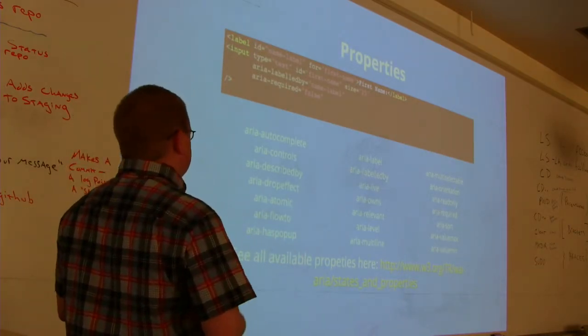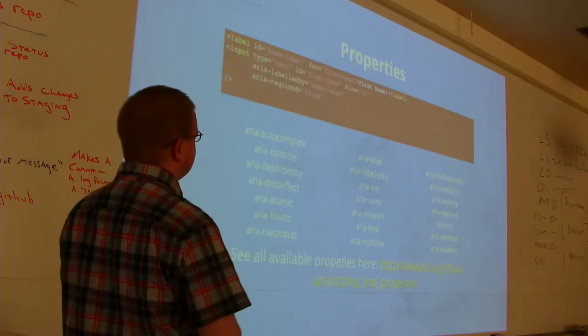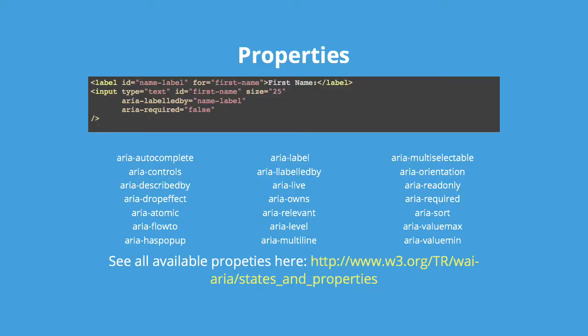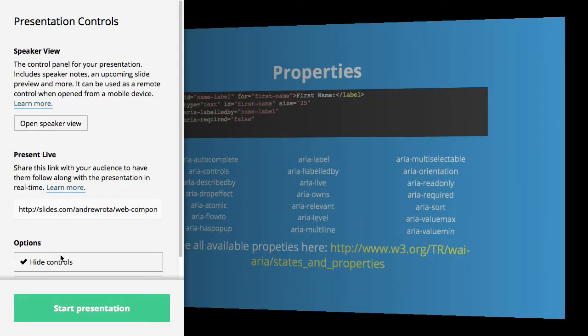We have things like describedby, labelledby for forms, multiselectable, readonly, required is helpful. A lot of times when we fill out forms, before HTML5 we didn't have that nice required attribute. So aria-required helps us out there. Relevant, multiline, valuemin, haspopup, autocomplete, things like that. So these are things we add to the HTML that will make it more accessible